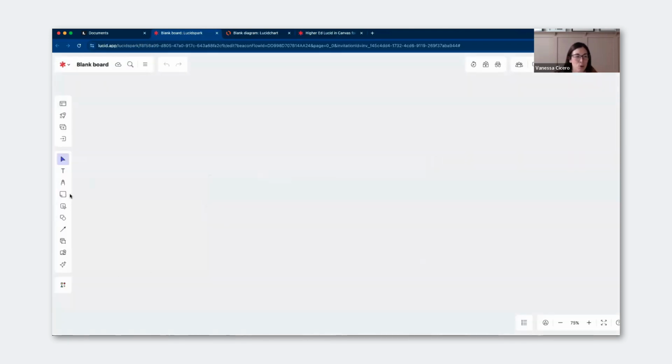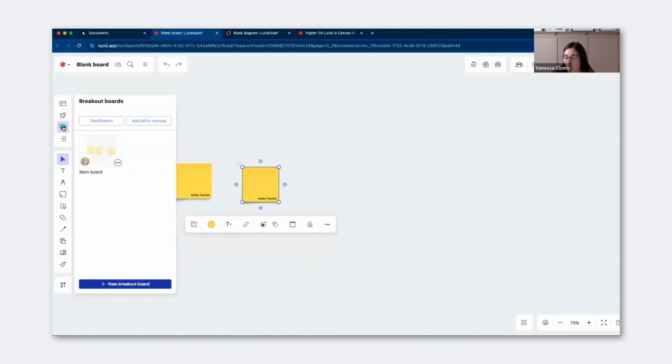You'll notice you have your toolbar on the left-hand side. It's really easy for students to drag out sticky notes in order to start their brainstorm. So I love using Lucid Spark for those larger collaborations. You can break students up into groups. Using your breakout board section, you can add up to 50 additional breakout boards to give students a separate space